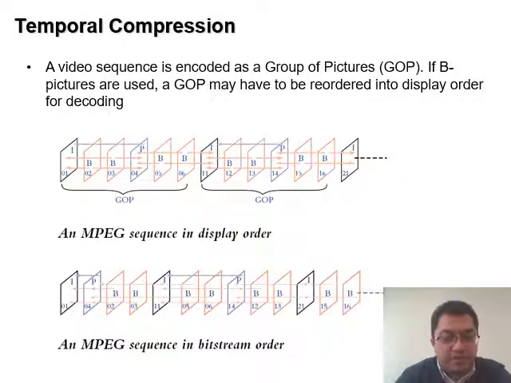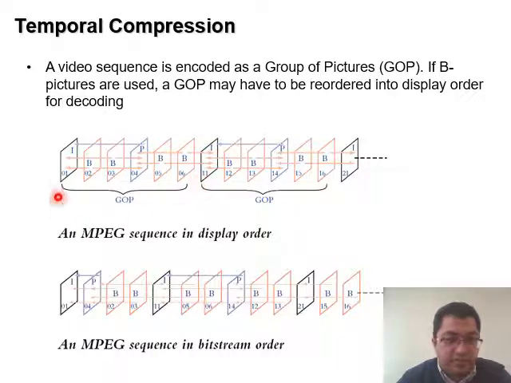Okay, so given this information, let's see how the MPEG standard actually works. A video sequence in MPEG is encoded as a group of pictures. We call it a GOP. If B pictures are used, a GOP may have to be reordered into display order. We'll talk about this later on. So this is actually how the MPEG